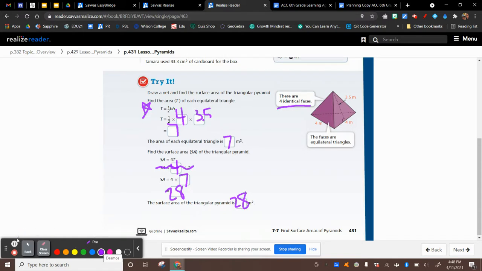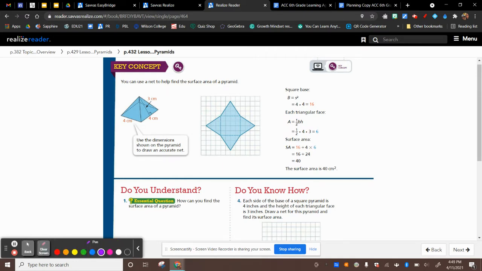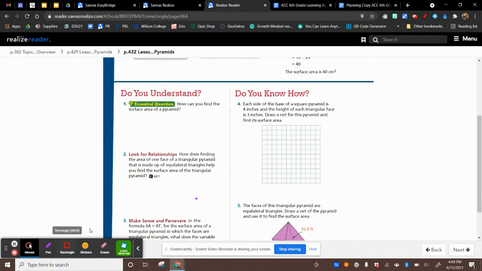All right, we're going to do a couple on the next page before you go try them on your own on Math Excel. I always like this part, this key concept, because it gives you just like a little cheat sheet for when you need help. This gives you a couple of the formulas, the square base, the triangular face, and then how to find the surface area if you need to be reminded. I'm going to scroll down to